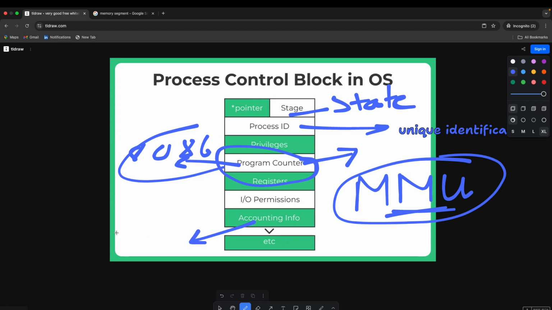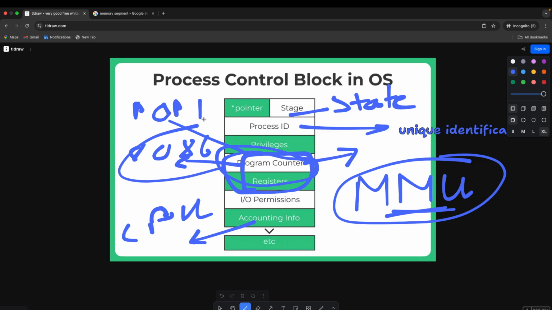Accounting information covers how much CPU is utilized and which process is taking what time. The reason we need this is that when we switch from P0 to P1 during multitasking, we execute for a certain period of time and then move. So we need to store the next instruction address, so we have the program counter there.